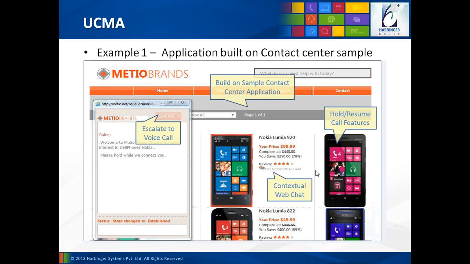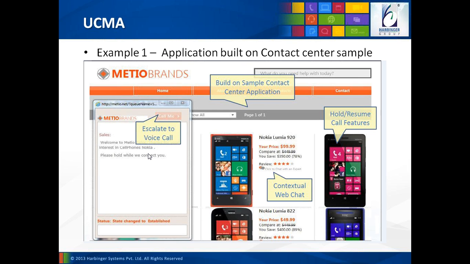And when it creates this IM call, it passes the contextual data along on the conversation flow. So in this example, it has passed that the user is interested in cell phones, Nokia. So the UCMA application now knows that this particular user is interested in Nokia cell phones.